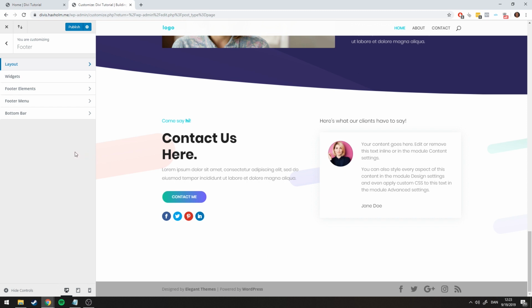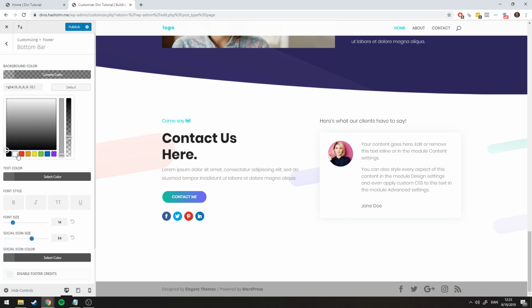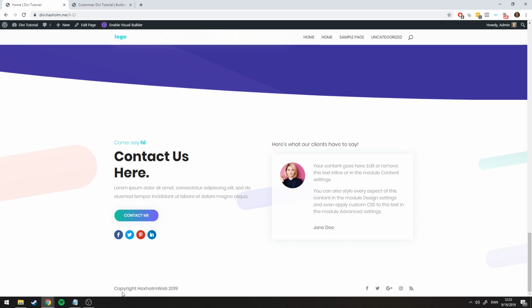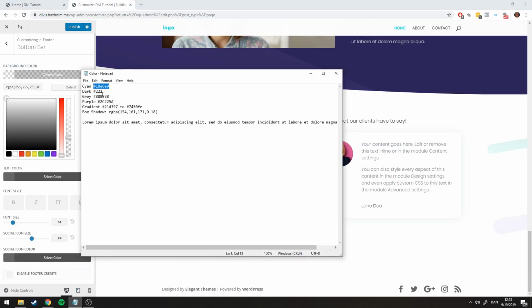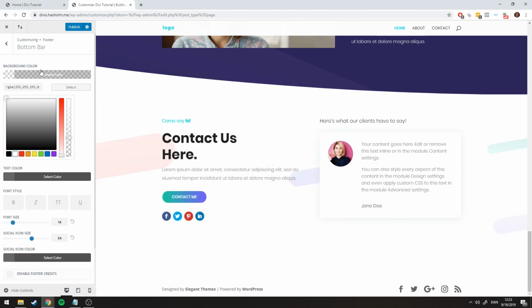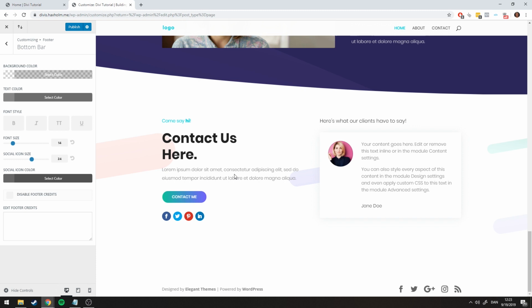Okay, so let's click on bottom bar. This is this area down here that is gray. The background color, I use white. For the text color, I use the gray here. You will probably have noticed that I use very few colors. Basically, I use white, and I use the light gray body text, and I use the header text color, and